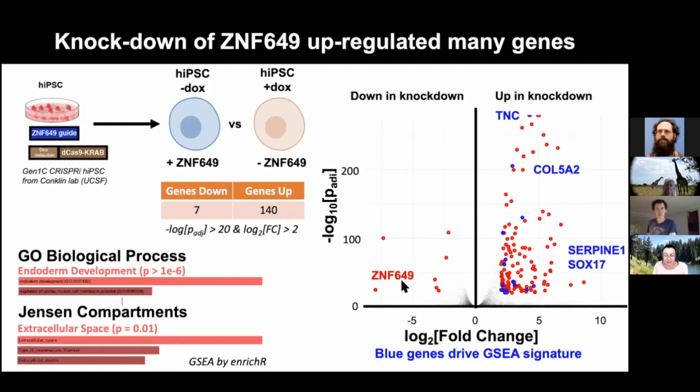So this is the positive control, but then there were many genes that were upregulated, and this is those that had a significant p-value and at least 4-fold induction of expression. And so we see a number of genes that are upregulated, and interestingly, several of these have important roles in patterning and induction, for example, in the case of SOX17 and endoderm induction. And so